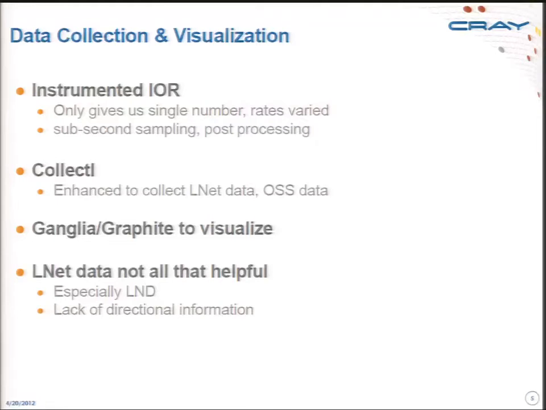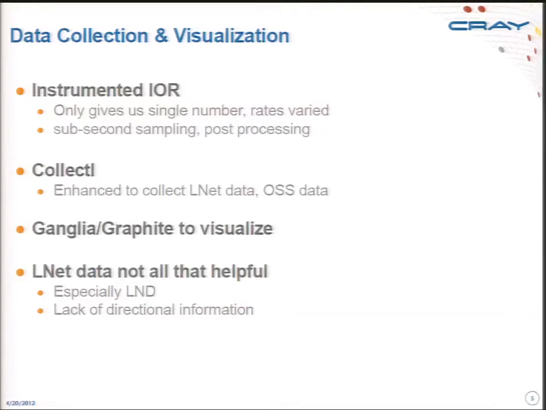We did throw Collectl on the back end, as we enhanced it for LNET data as well as some per-OSS data. It was a really nice, quick framework to gather data. And then being able to pipe it into Ganglia and Graphite, we can visualize that pretty quickly and start to drill down on problem areas and compare different metrics and queue depths to start seeing where things look a little